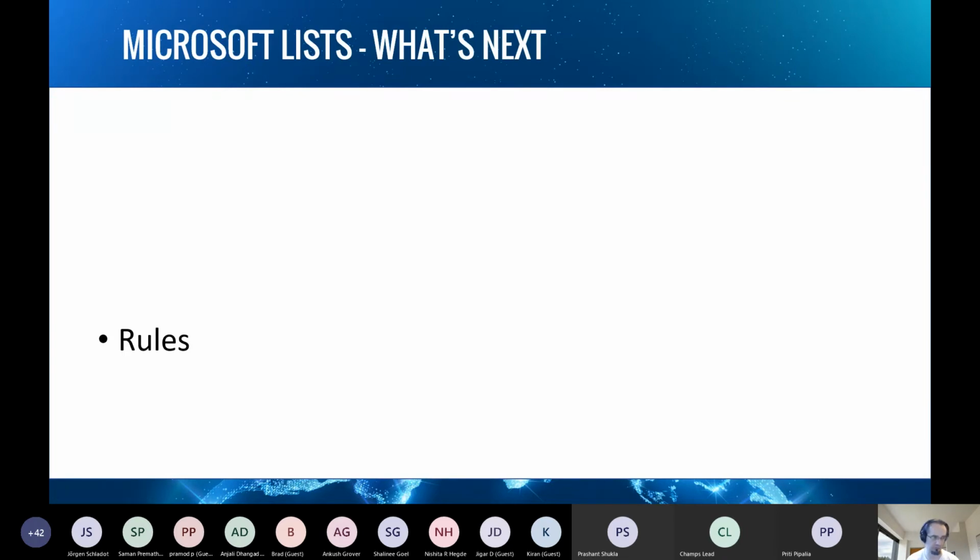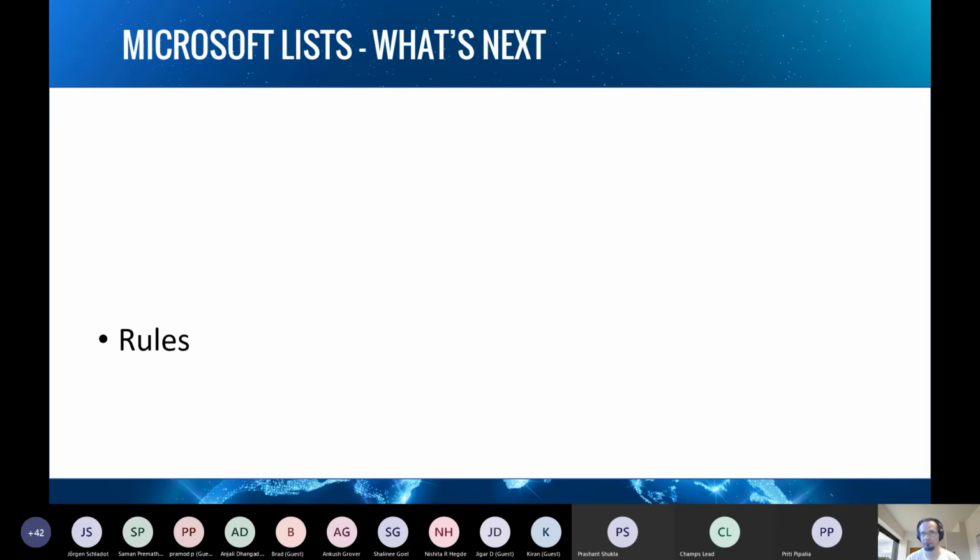If you watch some Microsoft Lists videos from conferences, Microsoft showed that there will be rules. So you will be able to configure a rule. So if one item has some specific data in, let's say, a choice column, some rule will be applied. Let's say a mail will be sent or something like that. So some kind of automation behind that.